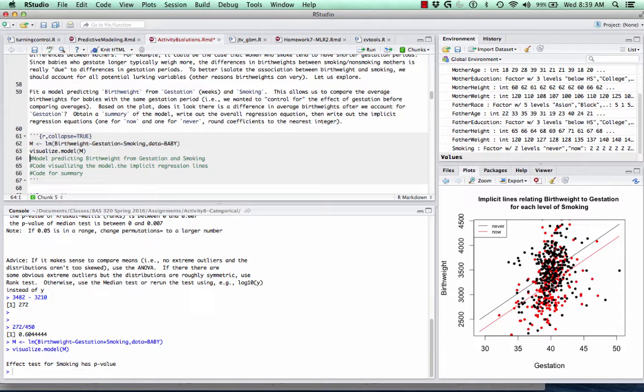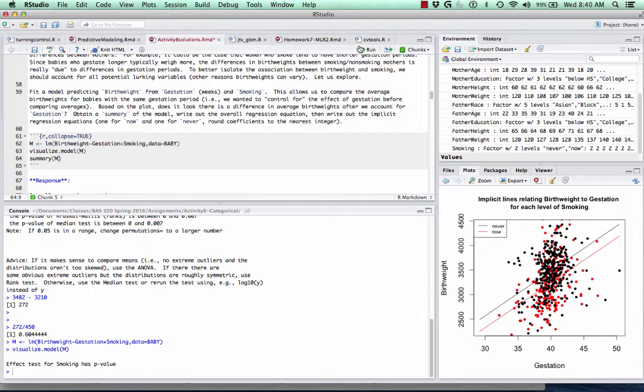The way the model works is that since there are no interactions involved, the vertical offset between these implicit regression lines is the same regardless of the gestational period we focus on. So we see a constant offset in birth weights between babies born to mothers who never smoke versus mothers who do smoke. Accounting for differences in gestational periods isn't enough to make this difference in average birth weights go away. Regardless of the equal gestational period of the babies we consider, we do see a difference in average birth weights. All right, so let's get a summary of this model